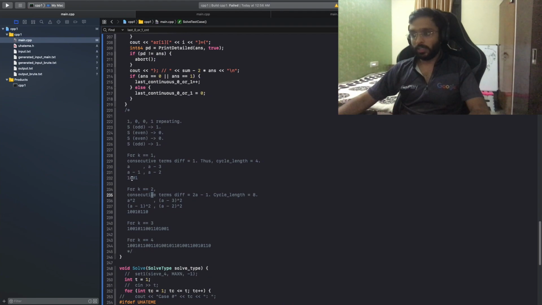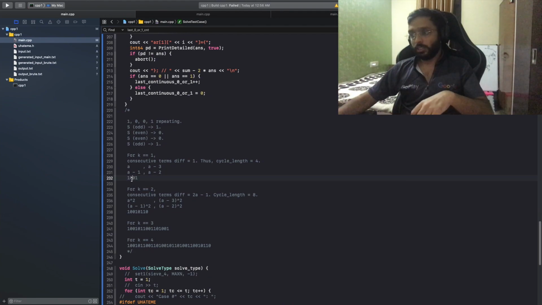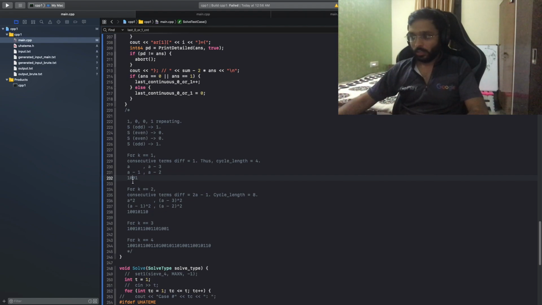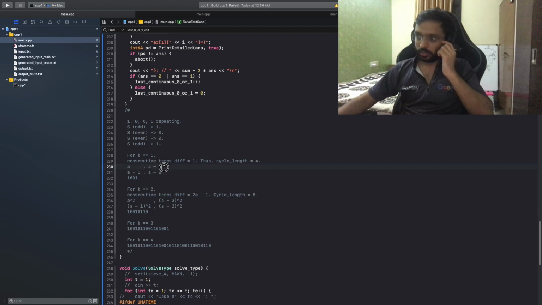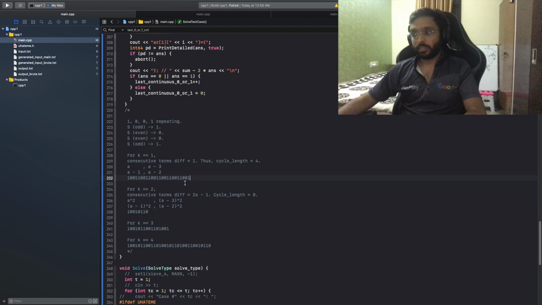So let us say that 1 means I assign this heap to me, and 0 means I assign this heap to my friend. So 1 I assign to myself, 0 I assign to my friend, and for this the total sum will be the same, like 2a minus 3. Similarly, this will be 2a minus 3, and hence the cycle length is 4. That means I can keep repeating this assignment continuously up till however long a length I want.